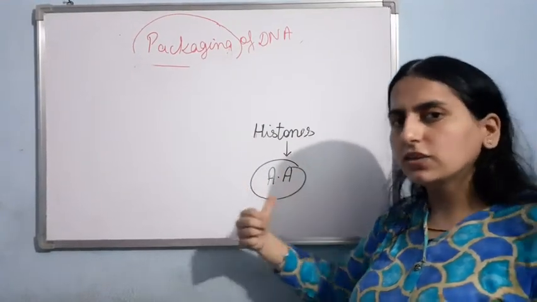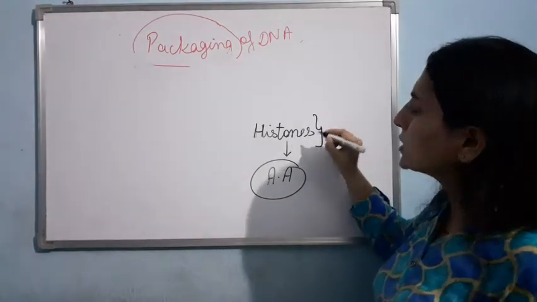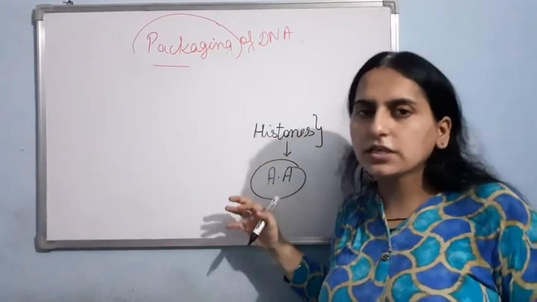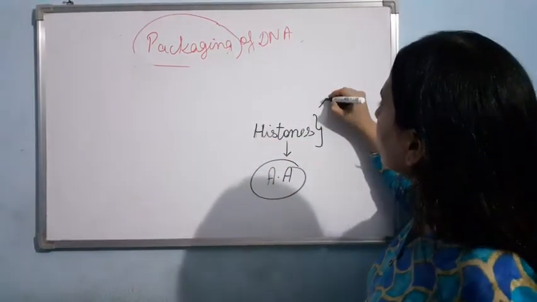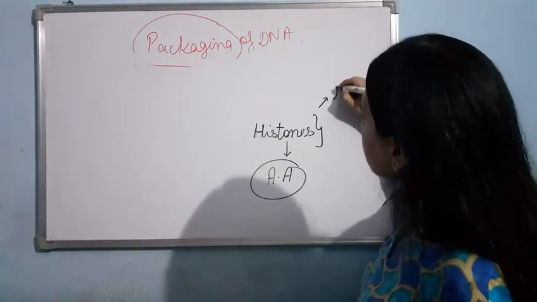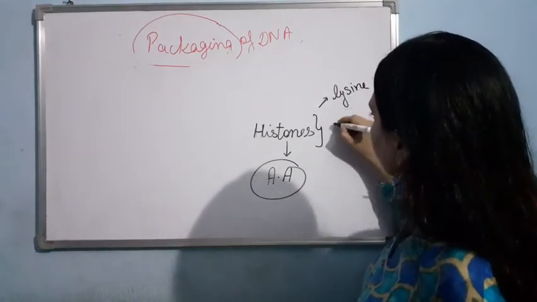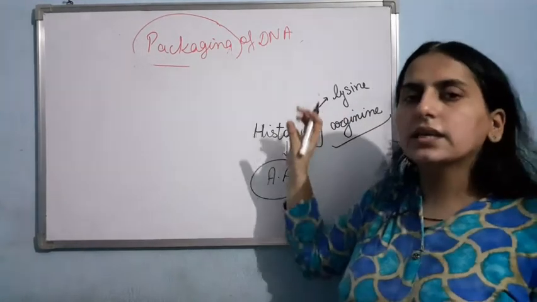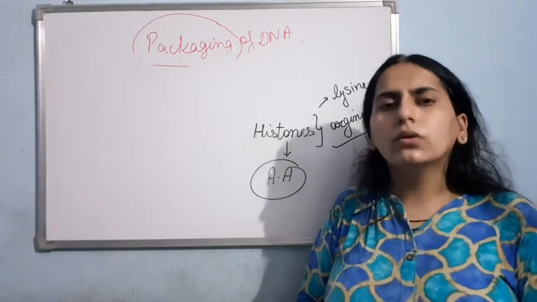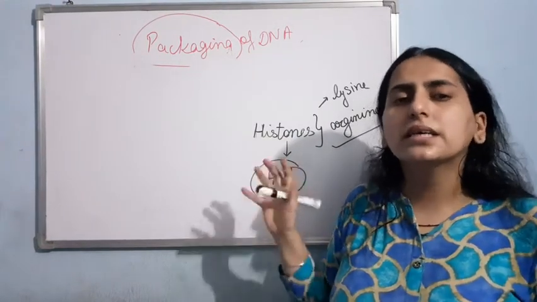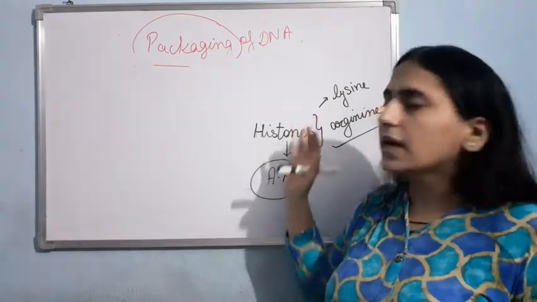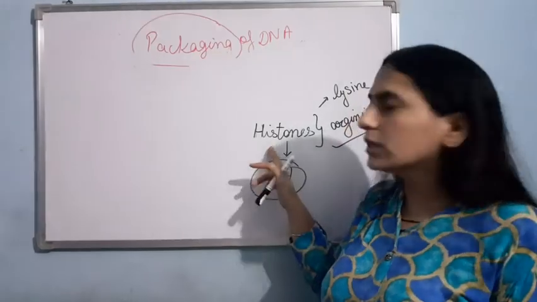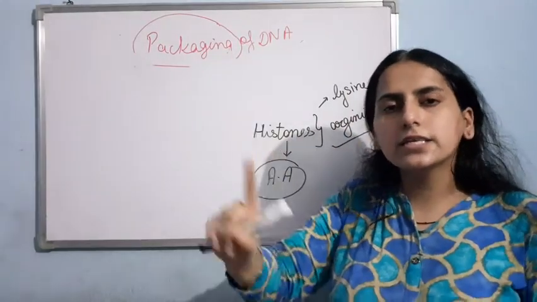So basically this histone is made up of amino acids that contain positive charge in their side chain. Basically I can say the histones are rich in two amino acids. These amino acids contain the positive charge in their side chain. These two amino acids are lysine and arginine. So the histone protein is rich in these two amino acids. No doubt a few other amino acids are also there, but these are in abundance and these are positive. So as a whole our histone is also positive, and on this positive histone our DNA is wound.